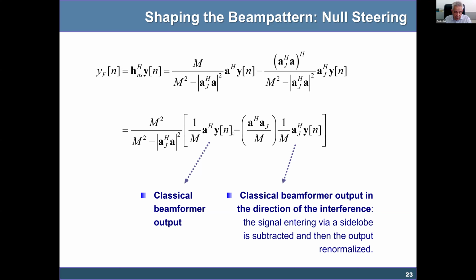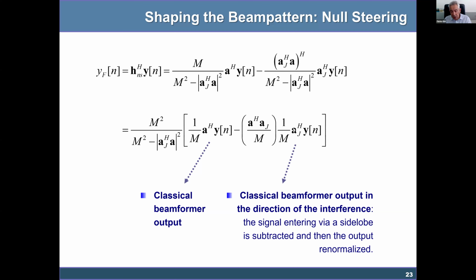The first one is the classical beamformer output. So this is the matched filter Hermitian that multiplies y. So this is exactly the classical beamformer output. So the null steering beamformer can be interpreted in this way. You calculate the classical beamformer output,